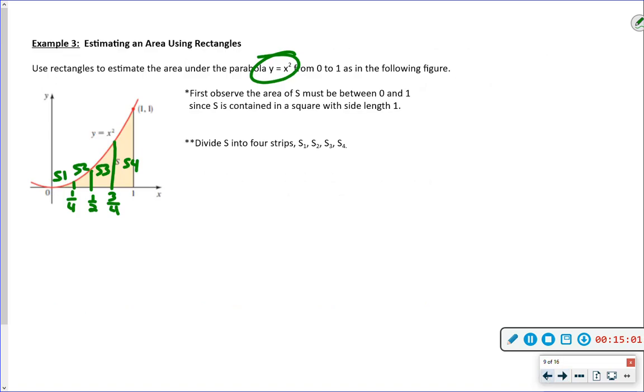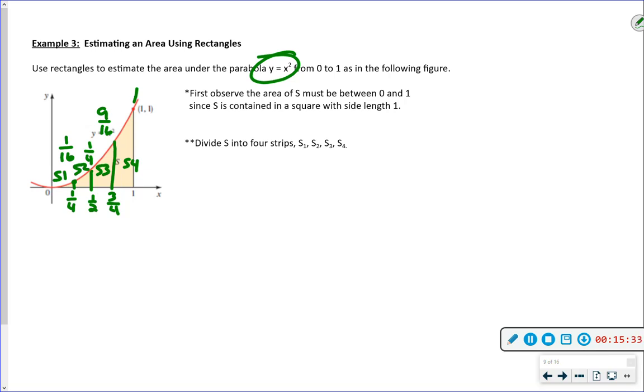If I want the y coordinate of this endpoint, I'm going to put 1/4 in here. What's 1/4 squared? 1/16. So that would be your y coordinate. I'm just going to keep going here. If we put a half in, what's a half squared? What's 3/4 squared? 9/16. 1 squared, 1. We can see it up there. So when I go to do the area of each rectangle, which I'm going to put on the next slide,